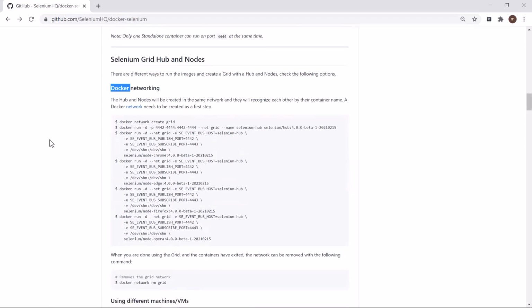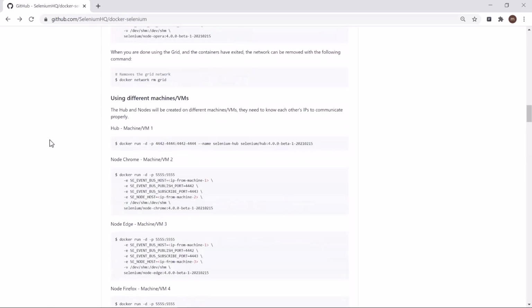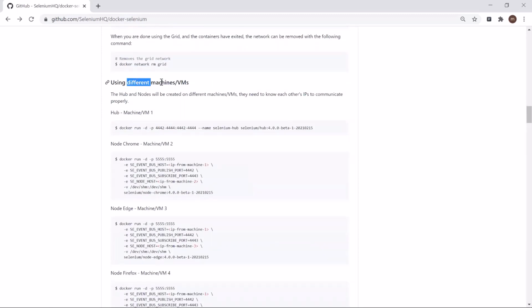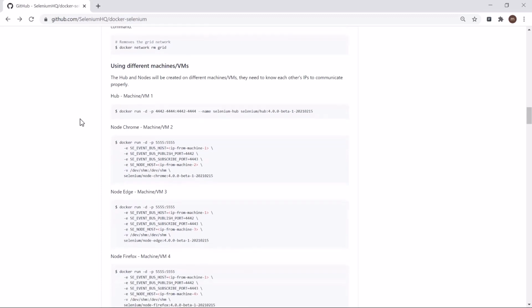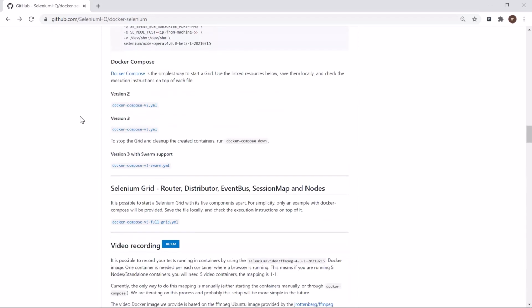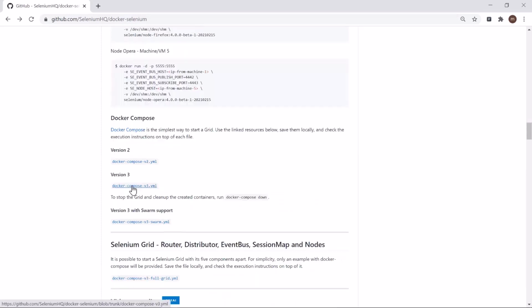After that, we have another option using different machines and VMs. This method we can use when we have different machines for hub and nodes. And then the third method is the simplest one, to set up the grid on Docker using the Docker Compose file. To use this method, we need the docker-compose.yml file, which you can find over here.